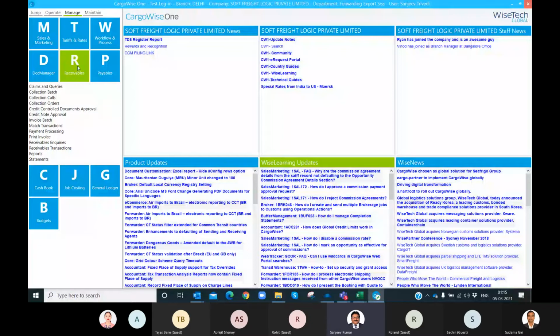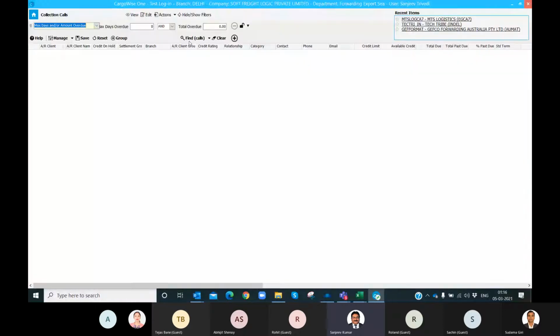Collection batch is also there for receivable, and in collection batch, if you go there, you will find all those entries. Right now it's not showing. Under collection call, if you go there, you can find all those entries against those clients.